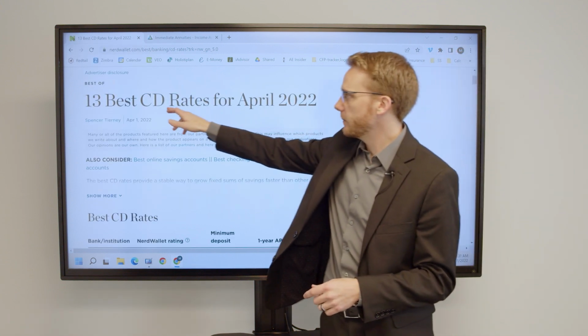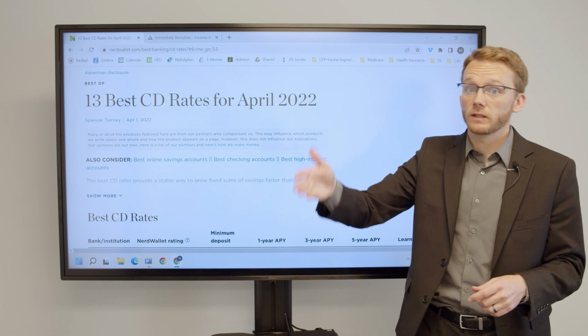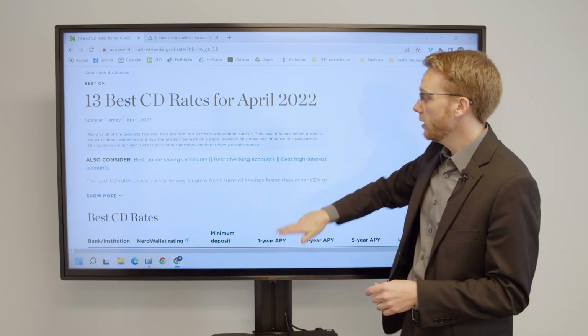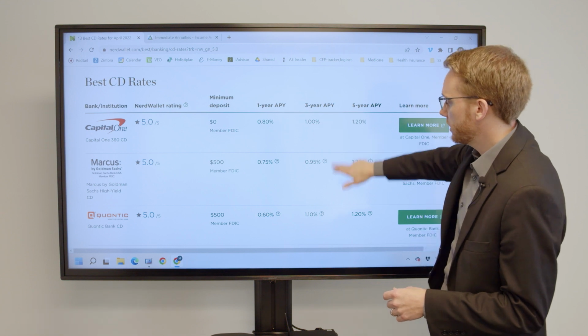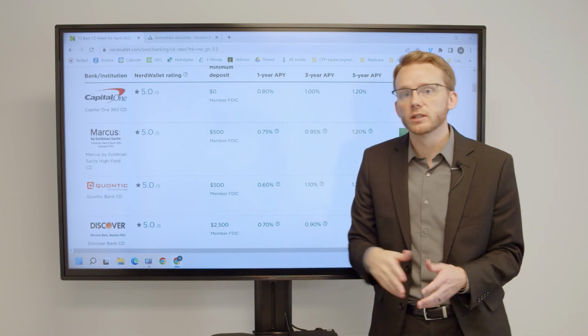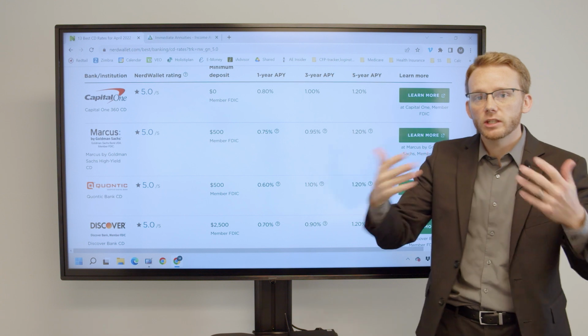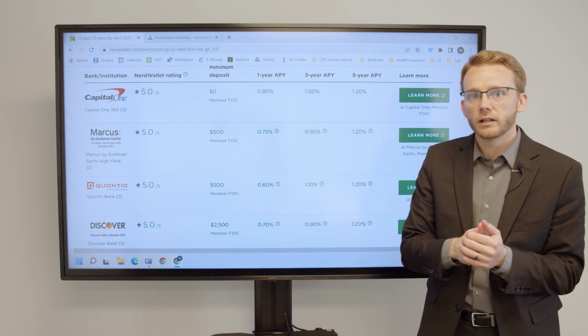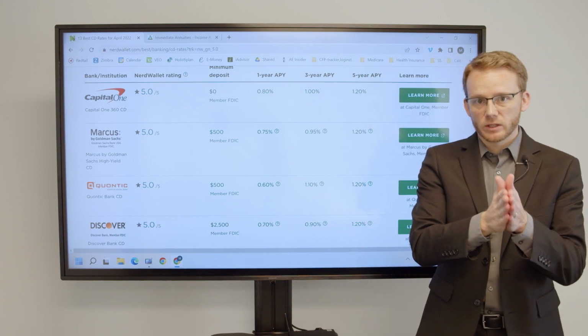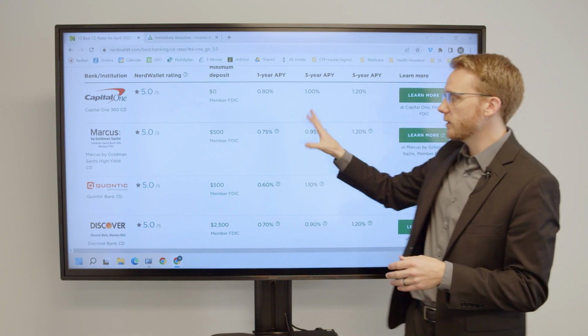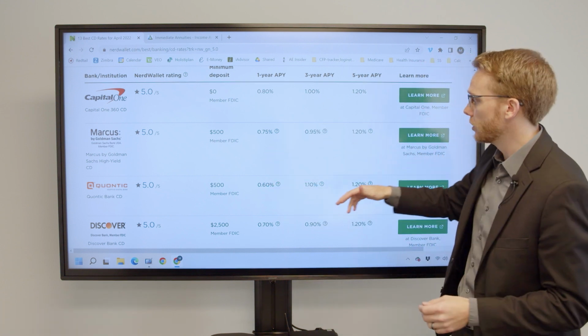and the joke that I keep using is that CDs are basically certificates of depression right now, because if we want to get a 1% rate of return, typically we're looking at least a 3-year CD. And with an inflationary environment and everything else that's going on, we want to be careful not to lock our money up and get a subpar rate of return. Of note, these are subject to change as time goes on.